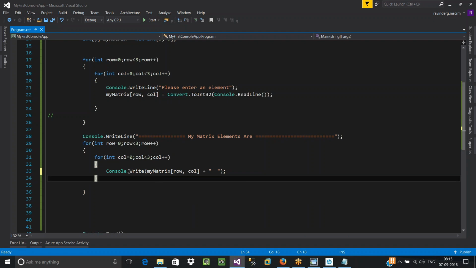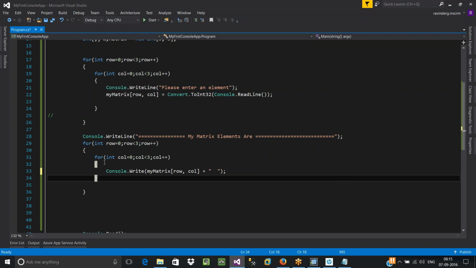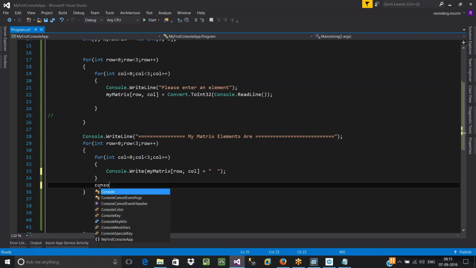right? The first row, all elements of first row should be displayed in one line. Once it comes outside of this loop, it will go to next row, right? All next row elements should be displayed in the next line. So here write Console.WriteLine, so that it will divert control to next line.